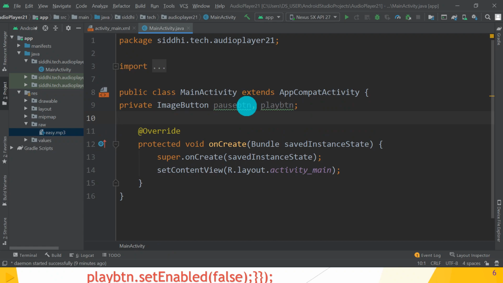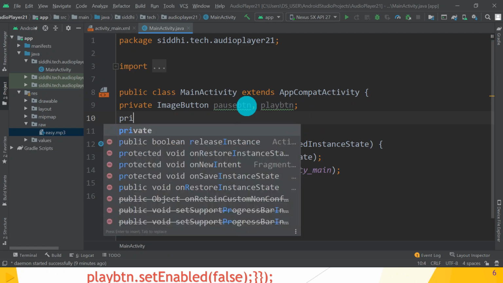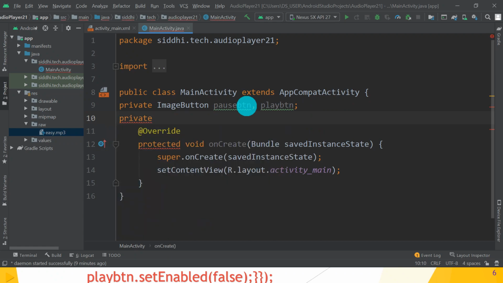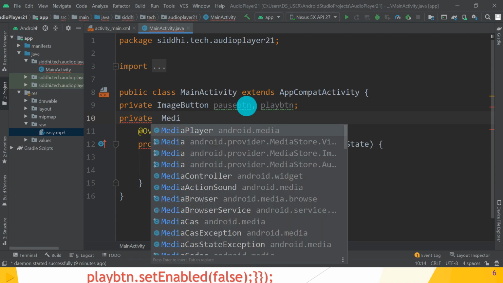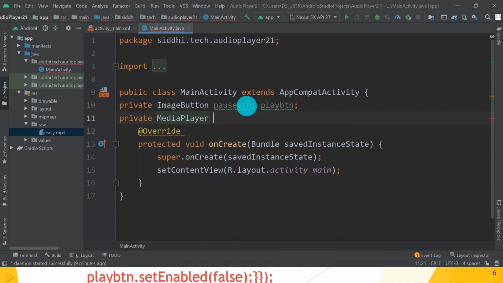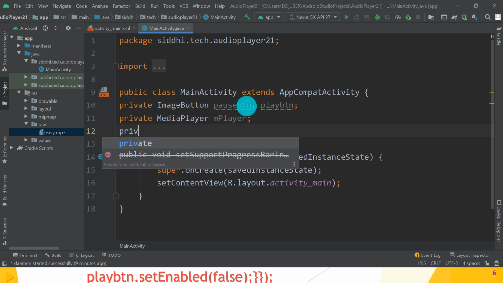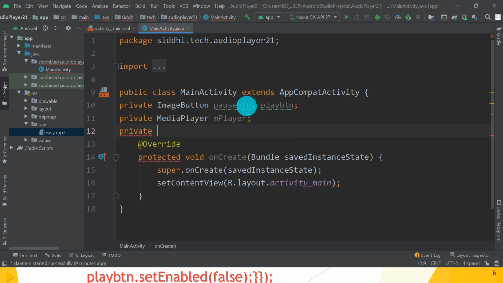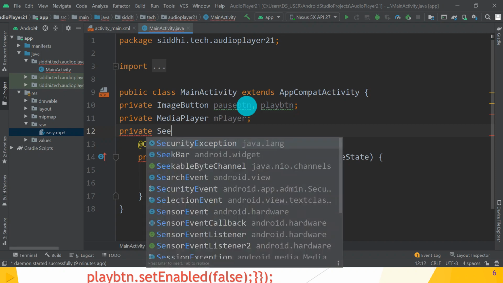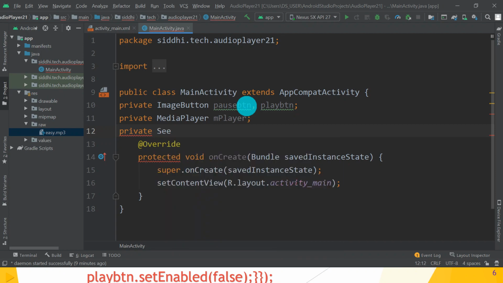After that, private object of media player, mPlayer. This is the object of media player. Next, private seek bar. So seek bar tracks song progress.